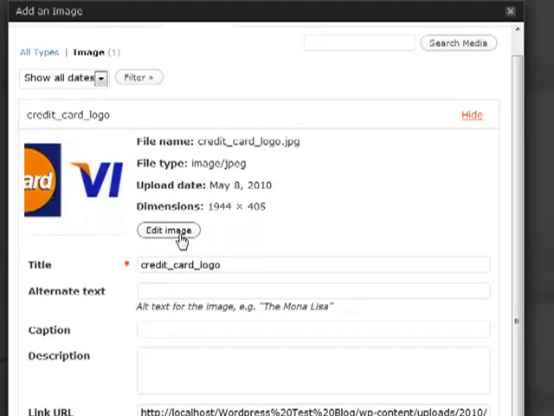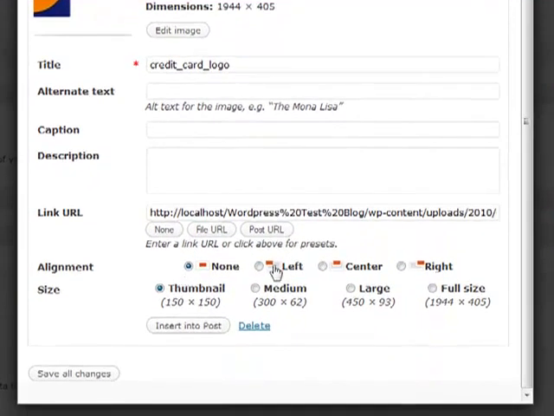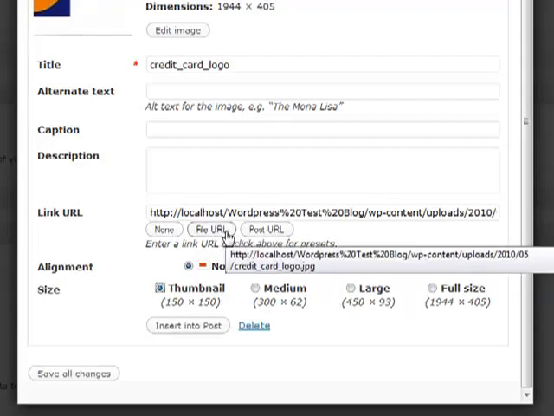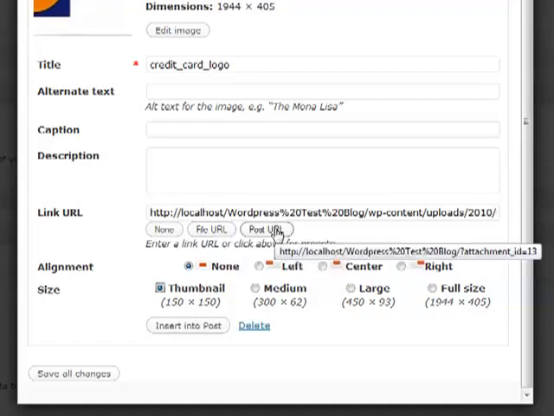We can insert a thumbnail version of it, or the actual full size or a medium version of it, and that way we can save space on our blog, especially if it's so big it starts to break the theme. And what we can do is we can put the thumbnail in, and we can have a couple of different options here. The link URL can go to either the full file, which is the image, or let's say the PDF or something like that, or just the post URL, which is basically the attachment to that individual